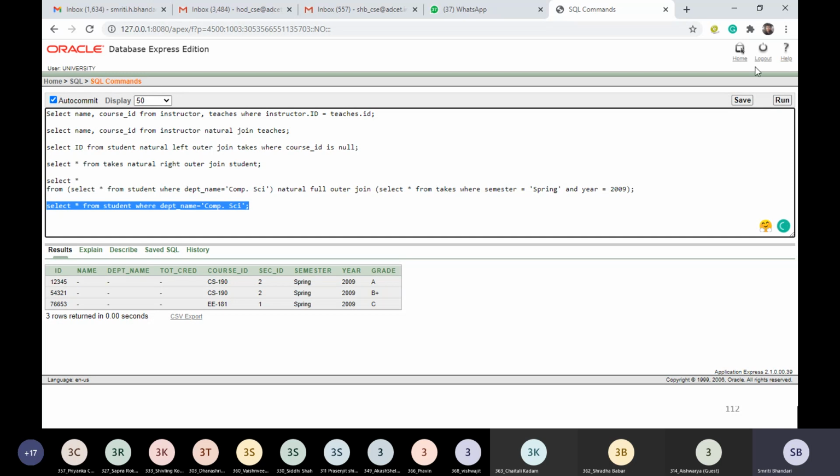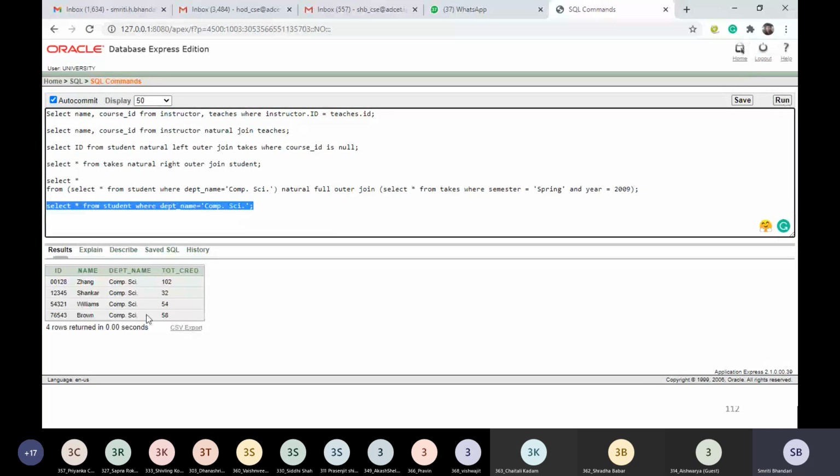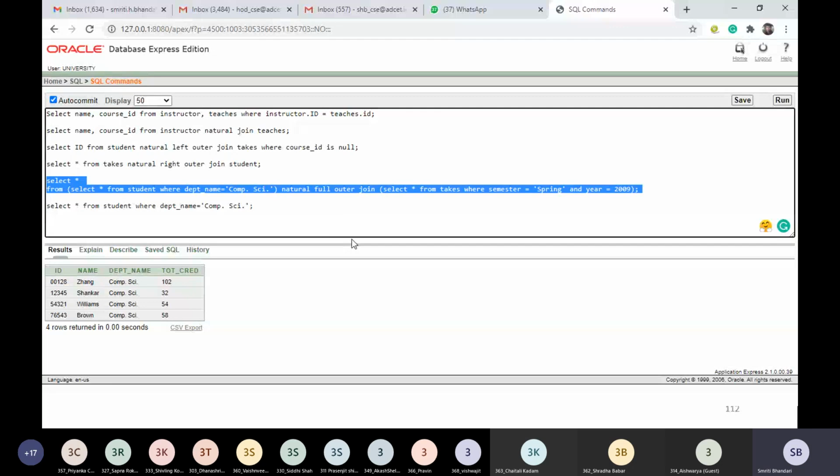Select star from student where department name equal to computer science department. So we are having 4 students. Those belong to computer science department.